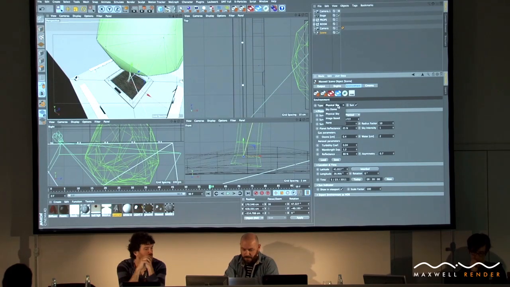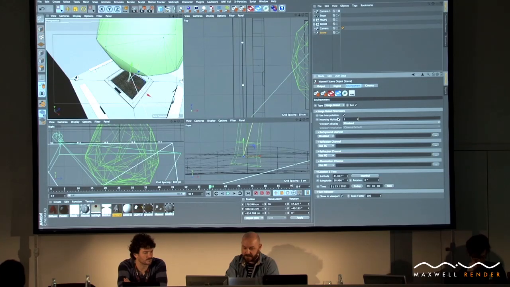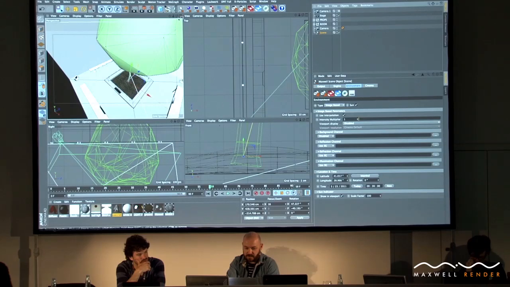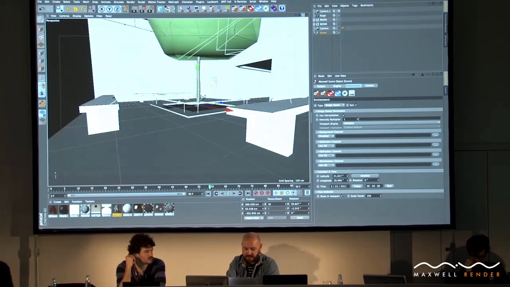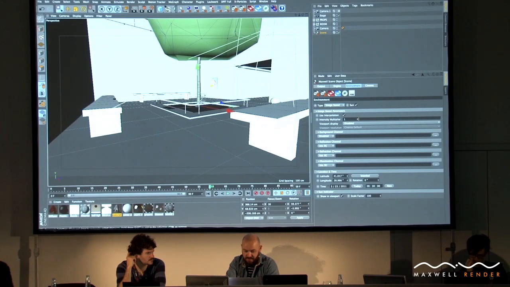HDRIs are perfectly possible using Maxwell as well. You would swap this to image-based, and then load up your background channel, and you can have separate reflection maps using these drop downs. But generally speaking, you would just load in a map here. You can have it visible in the viewport as well, and you would use your scene object. If we go to a perspective view, you would use the scene, which is located in the center here. You can see this marker here, this yellow bar. That's actually our sun